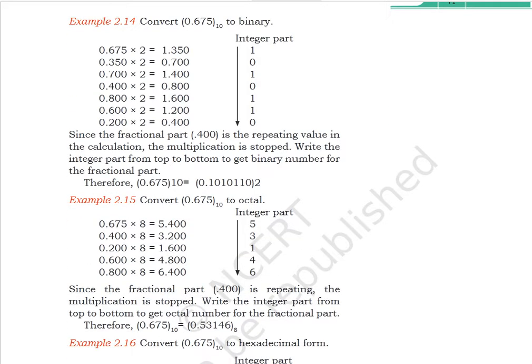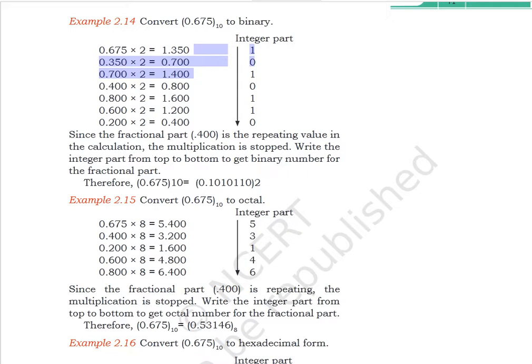And here is another example. Same procedure, we have to convert the fractional part to its equivalent binary number. Same procedure, we have to multiply with 2 and we get these values here and take the integer part. The integer part will come either 1 or 0. Okay, and after that we again get, see, look here, we have to multiply until the fractional part becomes 0. But in this example, the first value and the third value